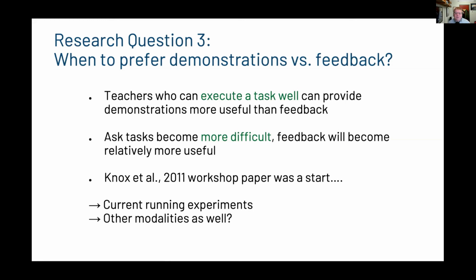However, as the person gets worse at that game, or the game gets faster, maybe their demonstrations are so noisy they're not as useful as just giving feedback or high-level advice, something they can do a little bit slower. So right now, we're running a bunch of experiments just looking for correlations. Have people play a game, give demonstrations, give feedback, and let's try to start to understand just this one question: where would demonstrations be better than feedback?